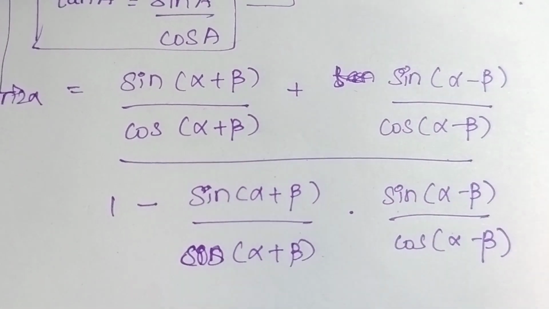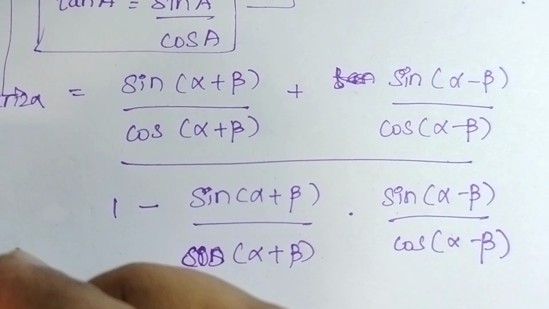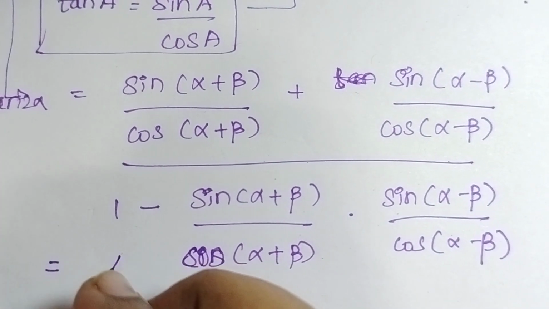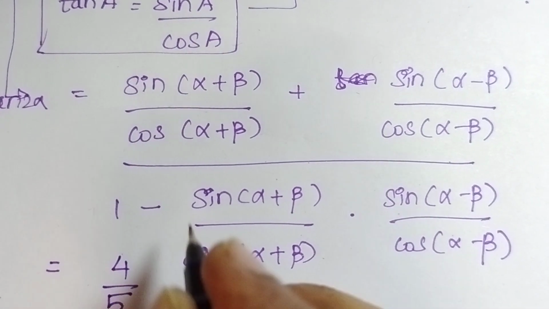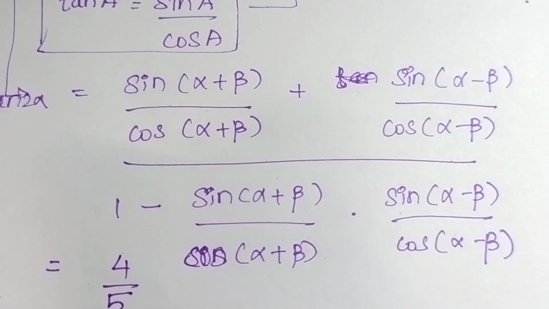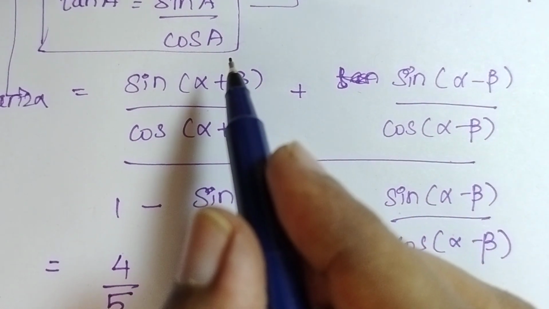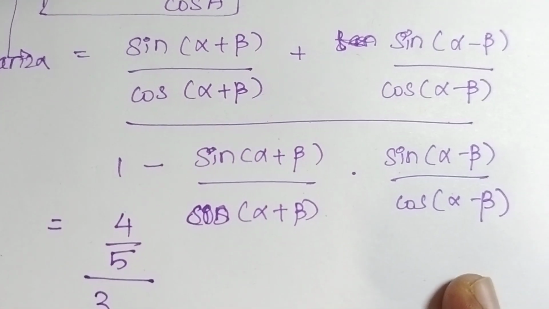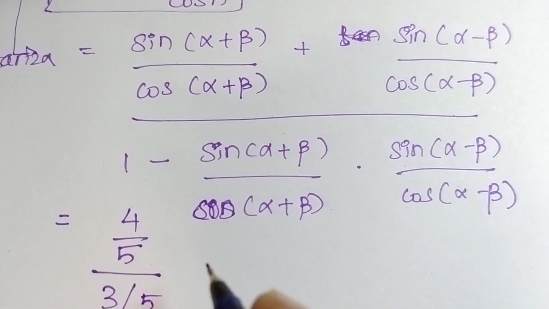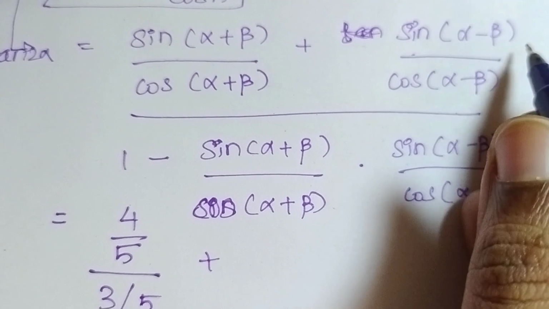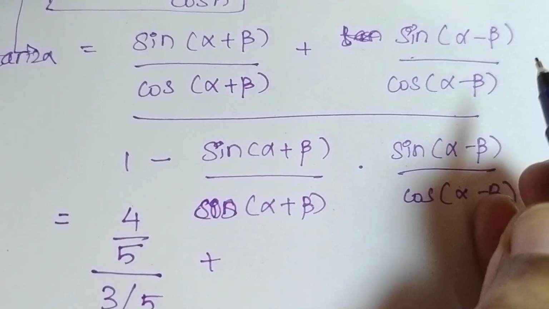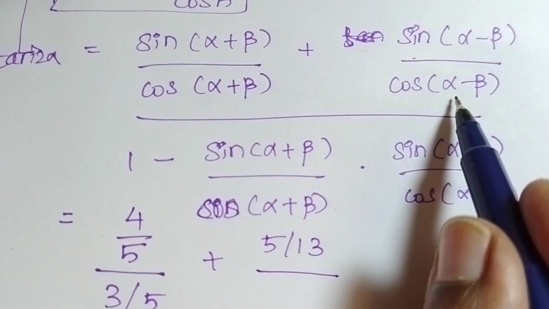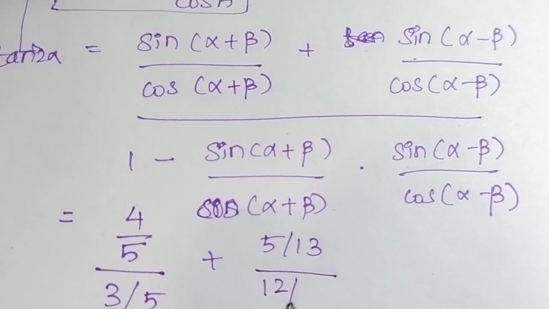Now sin(alpha plus beta) is equal to nothing but 4 by 5, divided by cos(alpha plus beta) is equal to 3 by 5, plus sin(alpha minus beta) is equal to 5 by 13, divided by cos(alpha minus beta) is equal to 12 by 13,